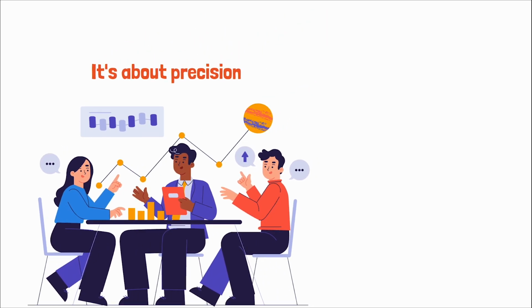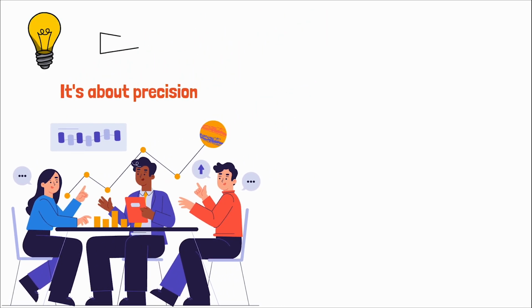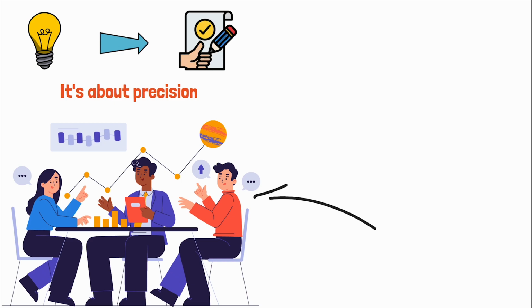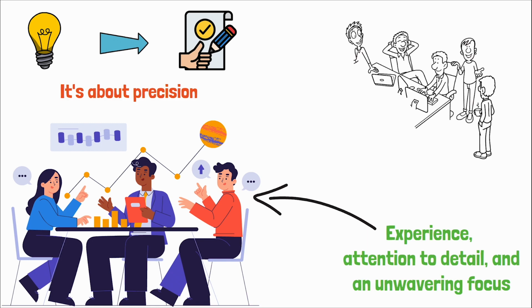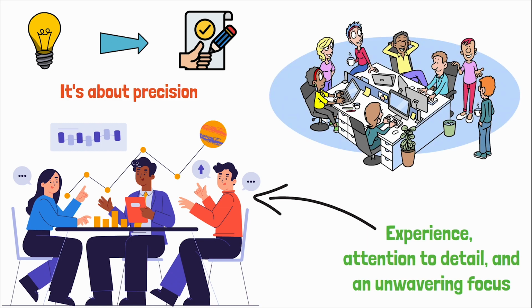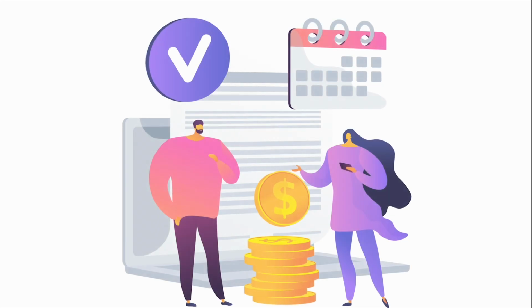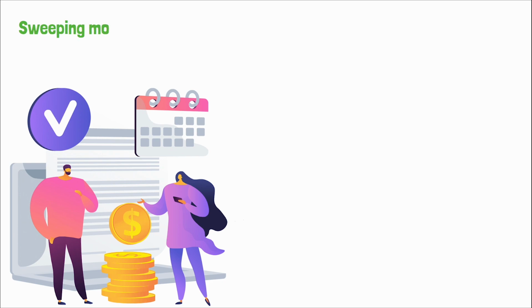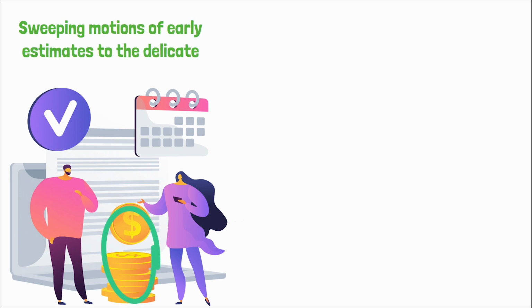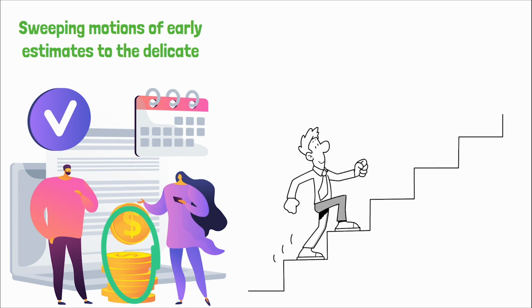It's a continual refinement process that parallels the project's evolution from concept to completion. And just like any other aspect of project management, it benefits from experience, attention to detail, and an unwavering focus on the ultimate goal, delivering a successful project within its financial boundaries. As such, the art of budgeting is a dance with numbers, where the music's tempo changes from the broad, sweeping motions of early estimates to the delicate, precise steps of detailed budgeting. It's a progression that reflects our growing understanding of the project and our commitment to steering it towards successful completion